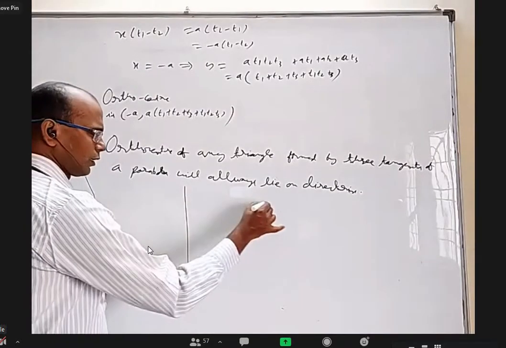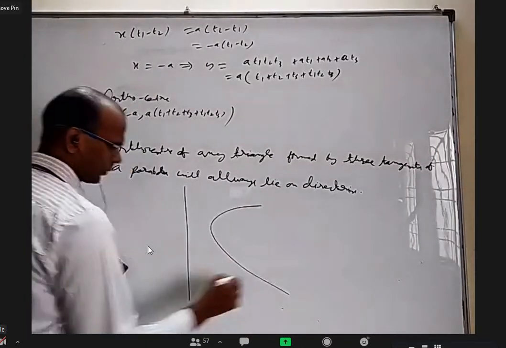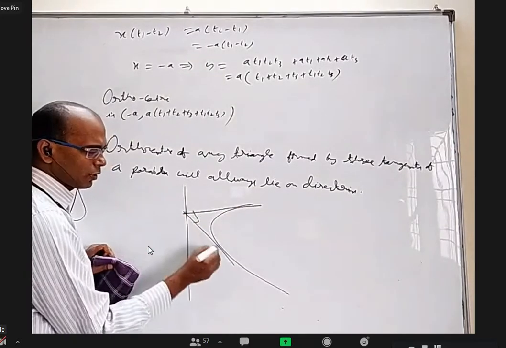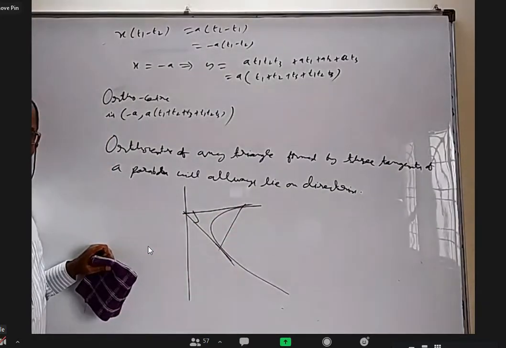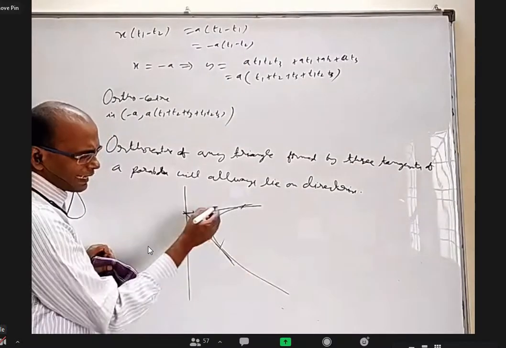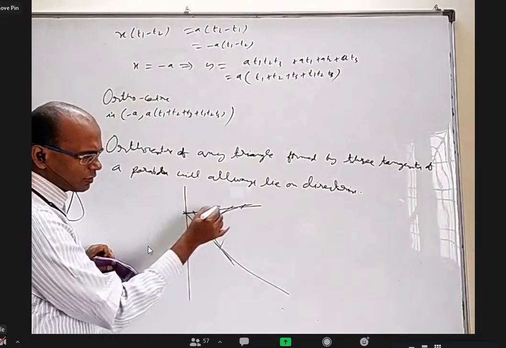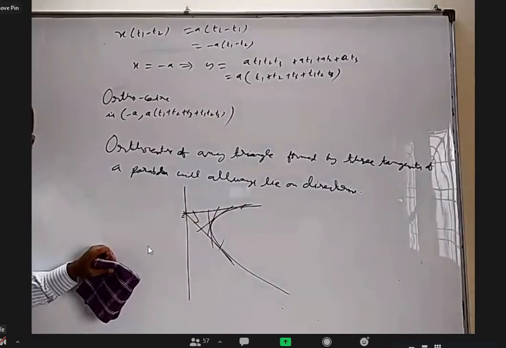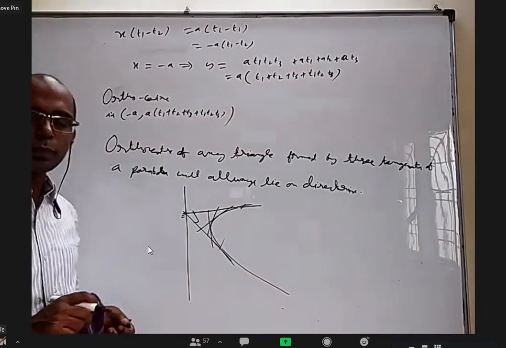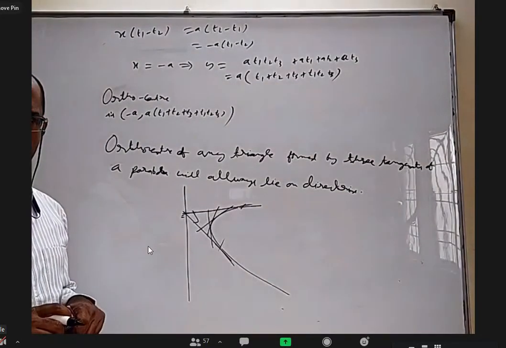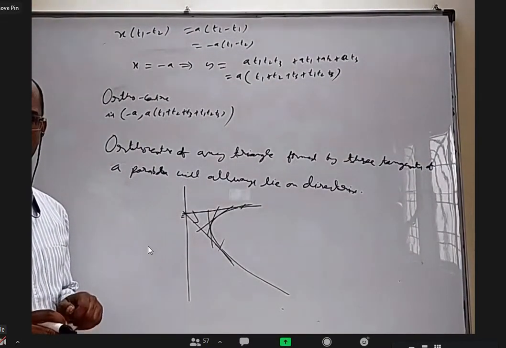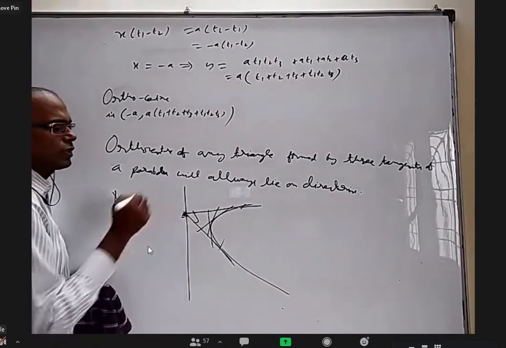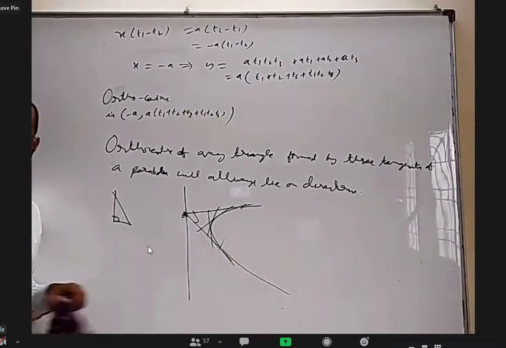Let us have a directrix and a parabola. You take any point and draw two tangents to the parabola. You know they're perpendicular, right? Okay. Now you take any other tangent. You can take this tangent or this tangent or this tangent. Doesn't matter. These are right angle triangles. For a right angle triangle, where should be the orthocenter? At the point where the right angle is made. Yes. So this orthocenter is on the directrix already, right?